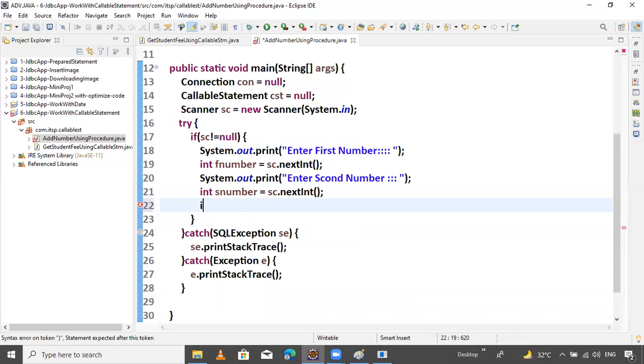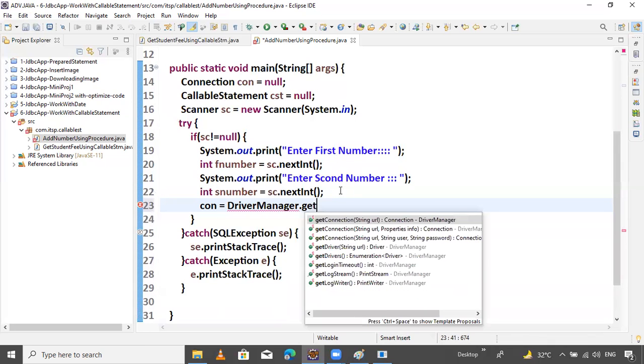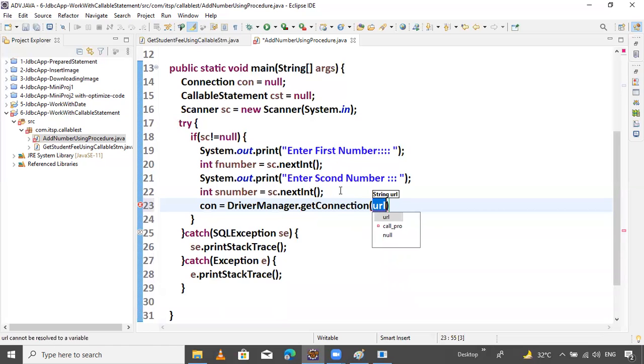First establish the connection, then you can check. So now con equals DriverManager dot getConnection, passing the URL, username and password.